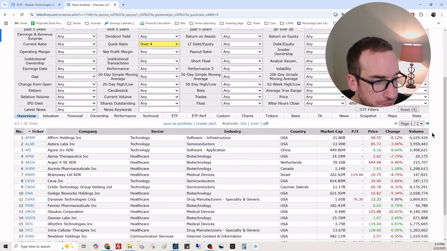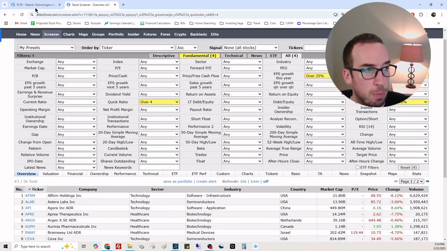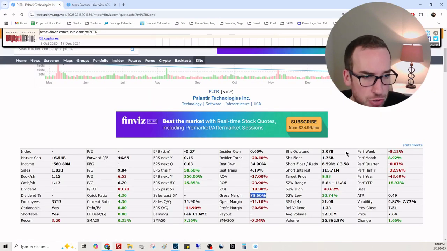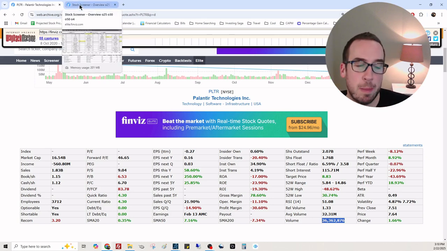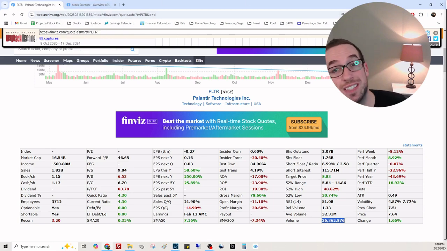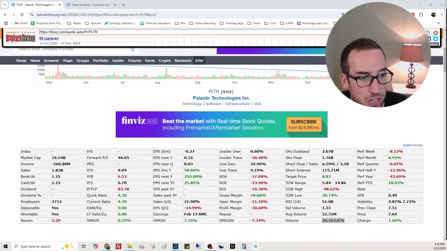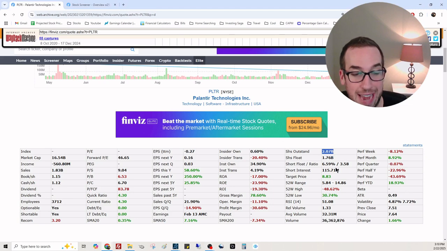36. Okay. 36 is doable. Let's see if we can get any more data here. Volume is insane. So I also don't want to limit it by volume because there could be some really under the radar stocks that don't have much volume. So I do not want to limit it that much. There was a lot of shares outstanding. That is a lot of shares. So